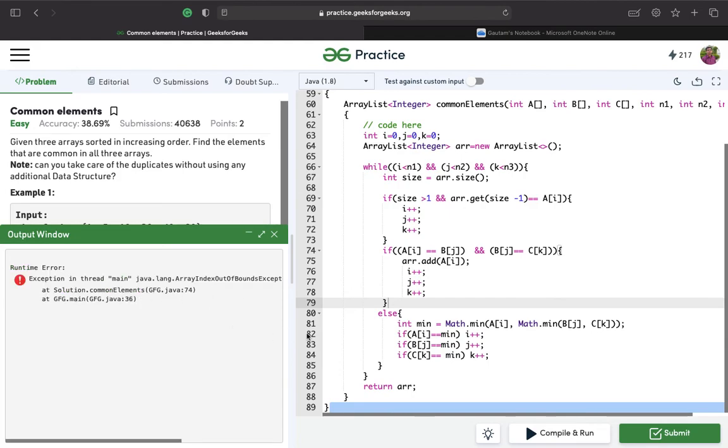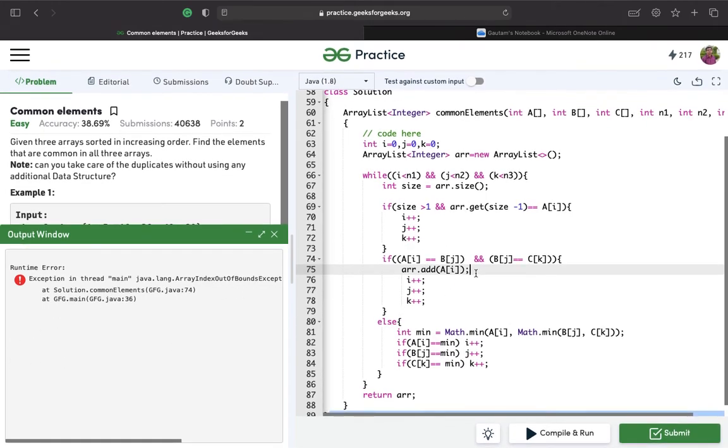Okay, what's the problem? Java line 74. What I have done over here is, initially i equals j equals 0.